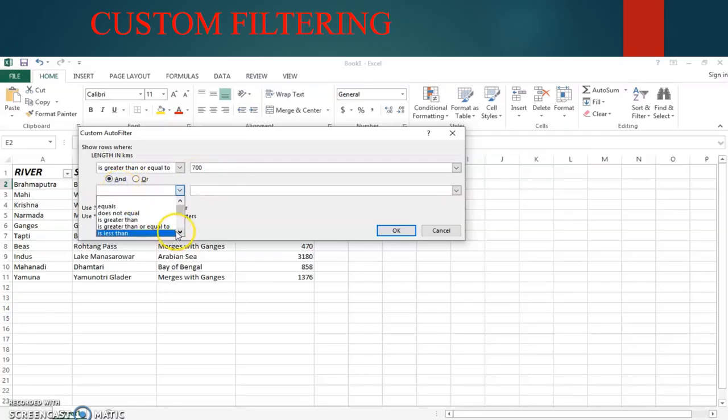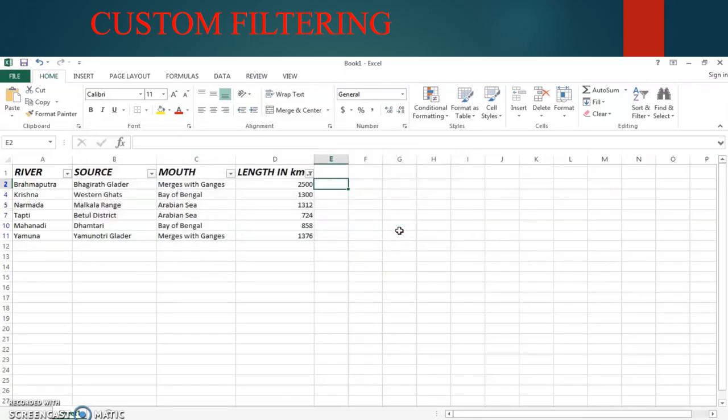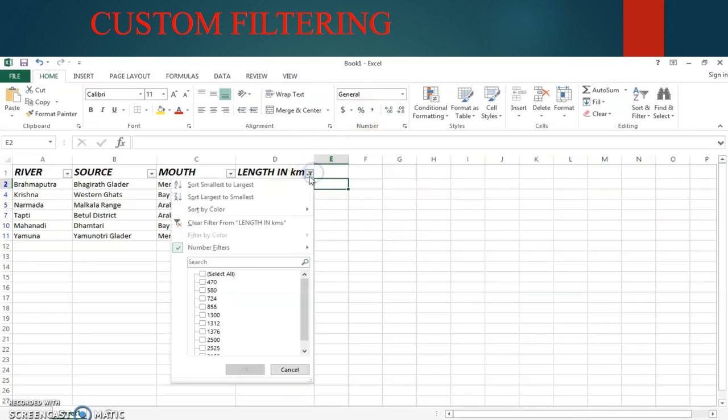Under that also more options are available. That's your wish, whichever one you want to show, you press that option and enter the data and click OK. Now you can see only 700 to 2500, above 700 and less than 2500 kilometers alone we can show.